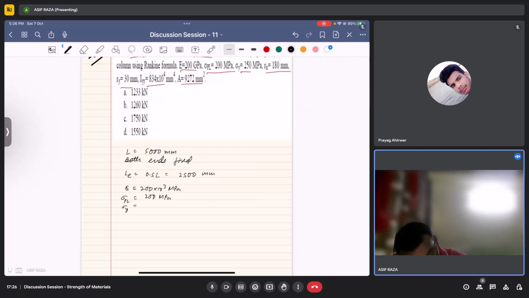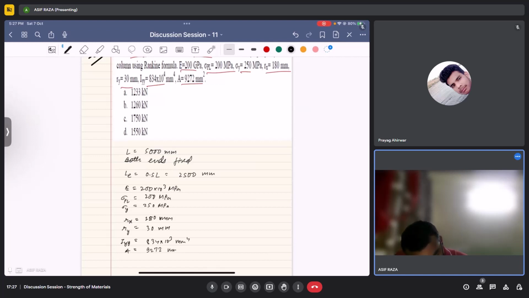Sigma Y is 250 megapascal. Rx is 180 mm. Ry is 30 mm. Iyy is 834 into 10 power 4 millimeter 4, and